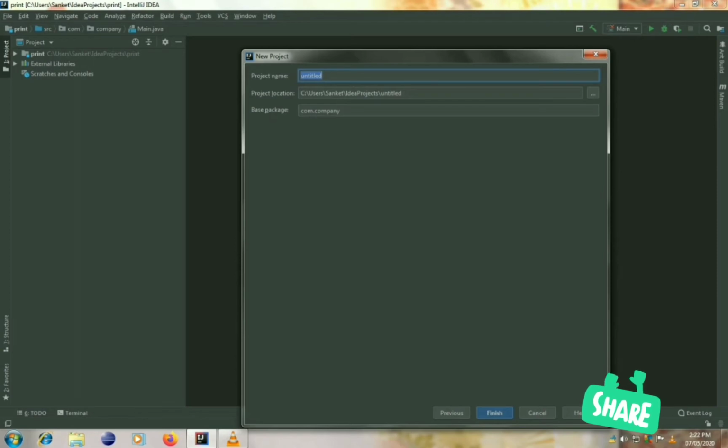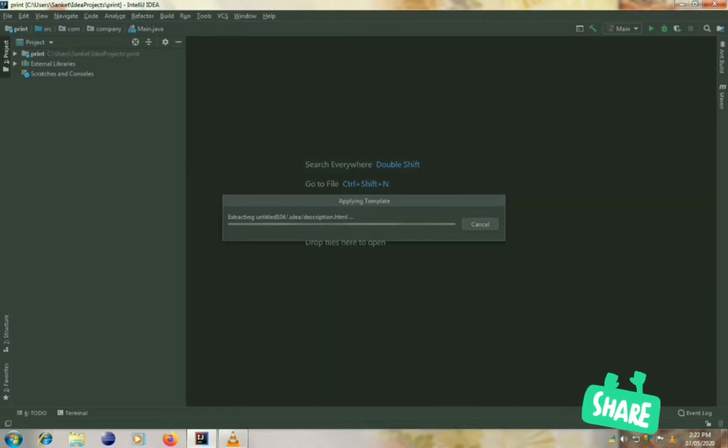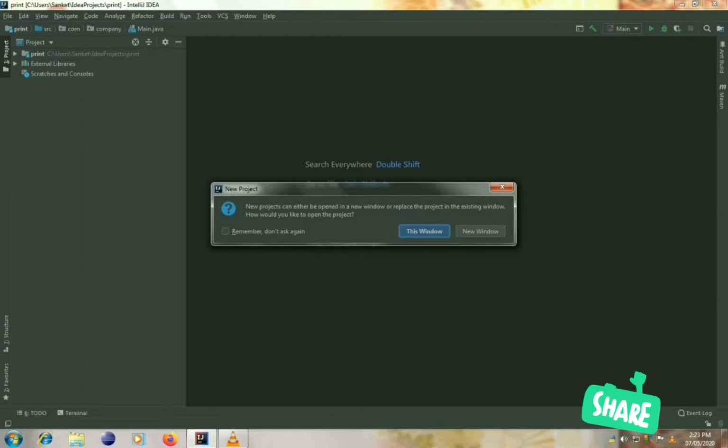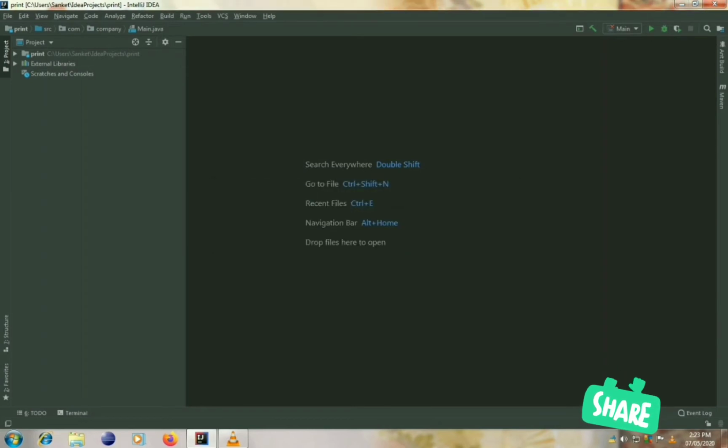First you need to type your project name, so com.firstprogram, and then next. Click on this window.